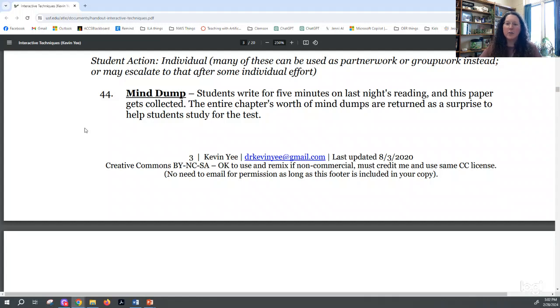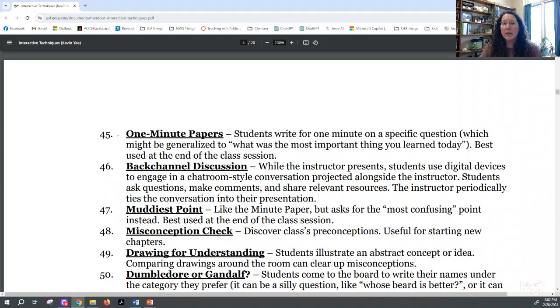You can let your students do that either the night before and turn it in, or even during your class at the beginning. Just tell us everything you know. And that's a great low stakes assessment. One minute papers, sometimes they're called exit slips and different things like that. Muddy points. All of those can tell you about what the students know and what they're confused about or don't know and what they'd like some more information on.